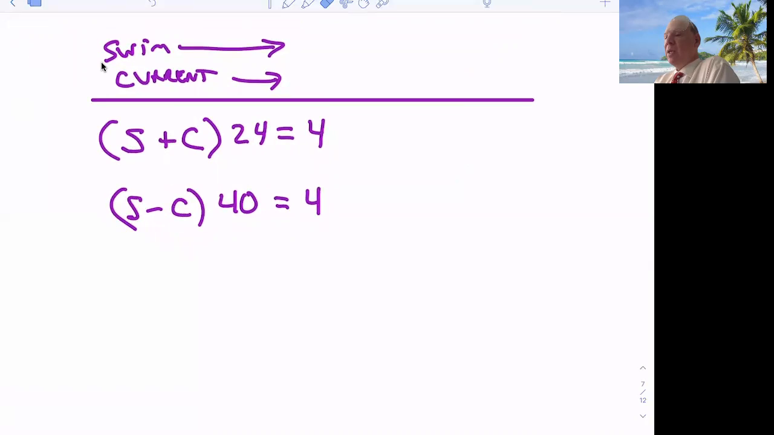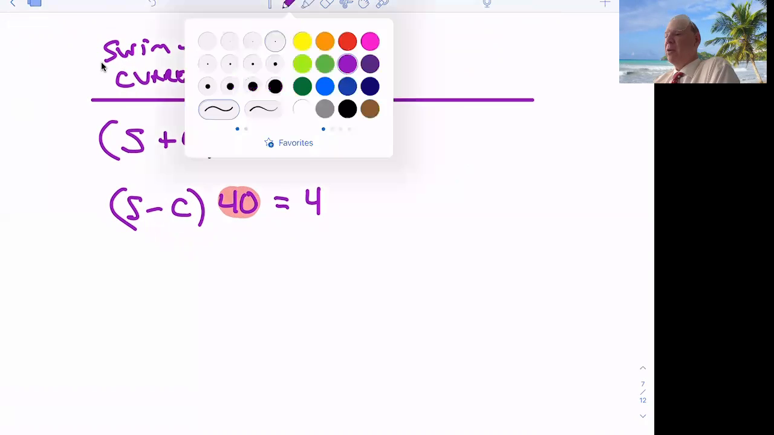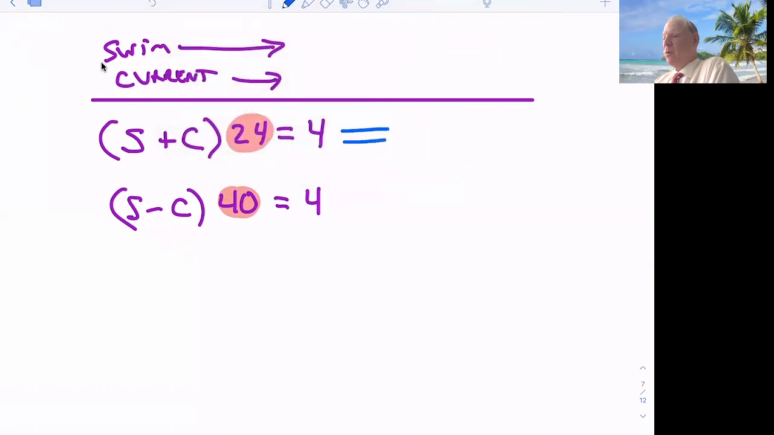Does everybody see it would be easy if I could just add these, correct? But I can't because of that what? That 24 and that 40. So what can I do to the times 24? Divide it. So I want everybody to make yourself a nice little note, and I want you to write over here, S plus C equals